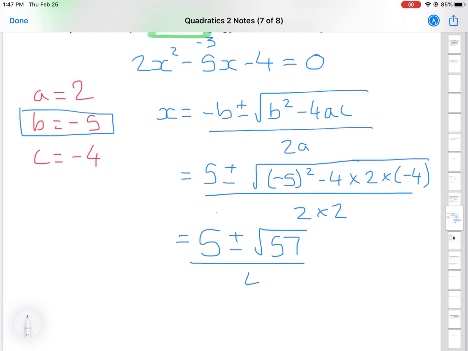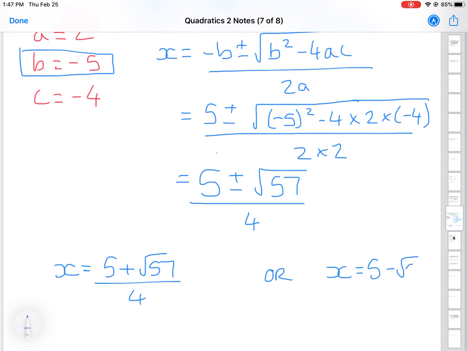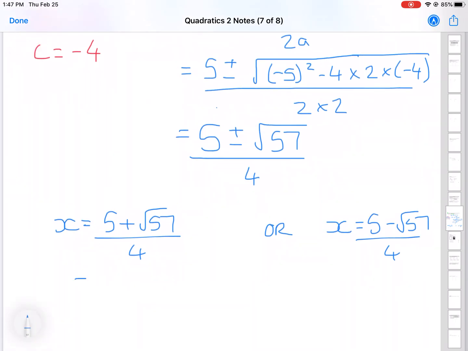2 times 2 is 4 on the bottom of the fraction, and therefore I can split this up. One value of x is 5 plus root 57 all over 4, and the other value of x is 5 minus root 57 all over 4. Again, put the top line in the calculator, get your answer and divide it by 4. So 5 plus root 57 equals, divide by 4 equals